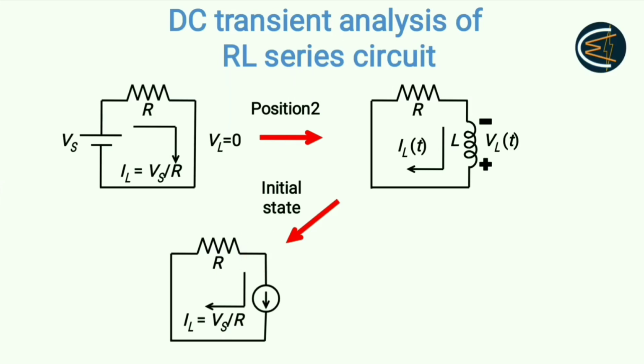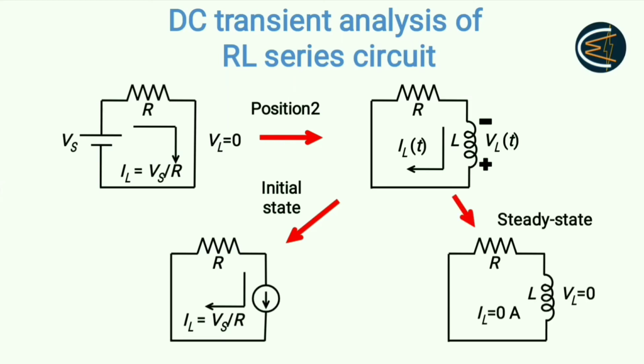So now this will be the current. Why? Because previously this same amount of current was flowing, so it will try to maintain that same amount of current due to the property of electrical inertia, right? Finally it will discharge through the resistance. At the steady state, that means t tends to infinity, current will be 0 and also the voltage across the inductor will be 0.